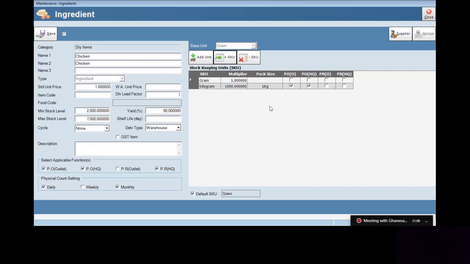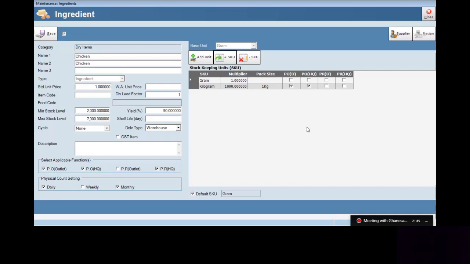Okay, now here you can see the differences, which is gram and kg, and you can see the base unit, which is the default, is not ticked on the checkbox, and the one we just created manually in kg, we already ticked the checkbox for PO and PO HQ. This means the system allows the client side, I mean the outlet side, to order chicken under the purchase order concept, and they are only able to choose kilogram.